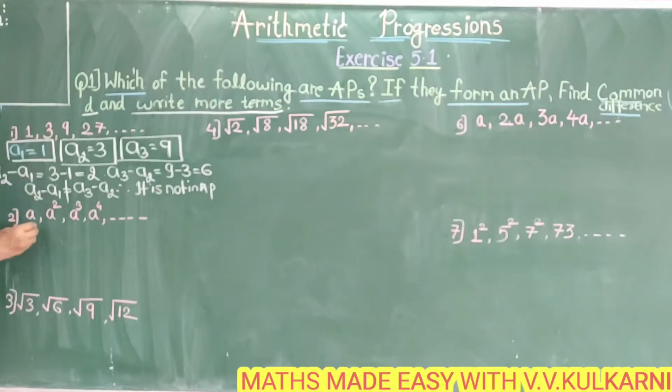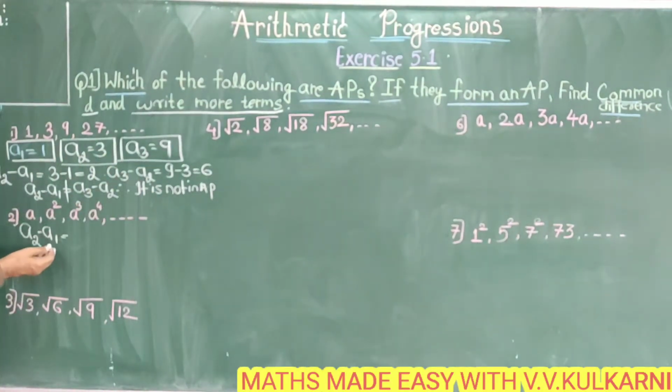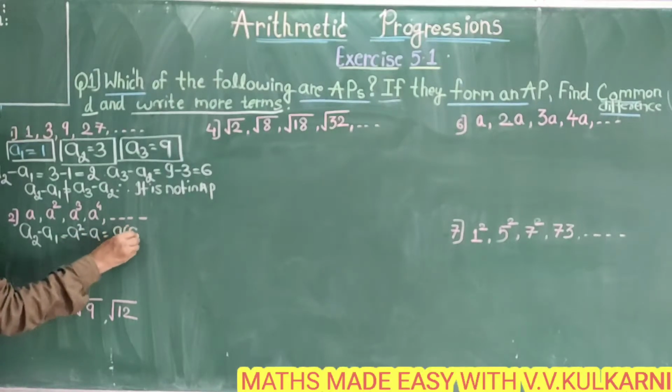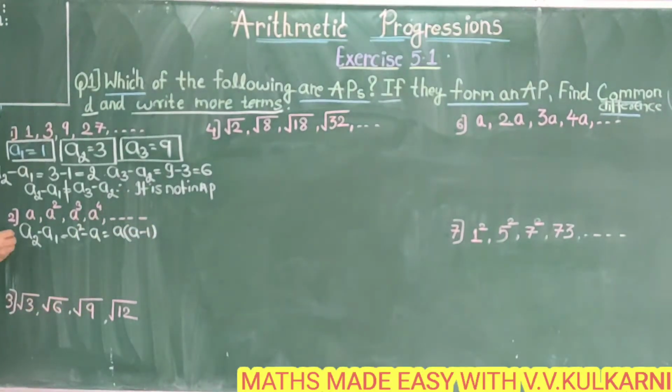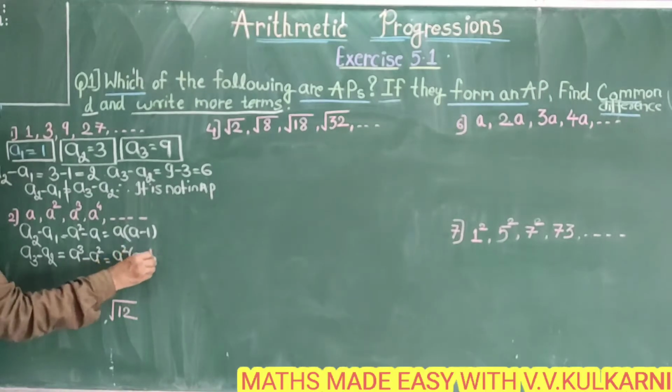Similarly here, I hope you can do it now. Second term minus first term, let us see. If you want, you can systematically write A1, A2, A3. Otherwise, let me go directly also, because you should know all the methods. A squared minus A, I can write it as A into bracket A minus 1. Third term minus second term is how much? A cube minus A square. A square I will take common, A minus 1.